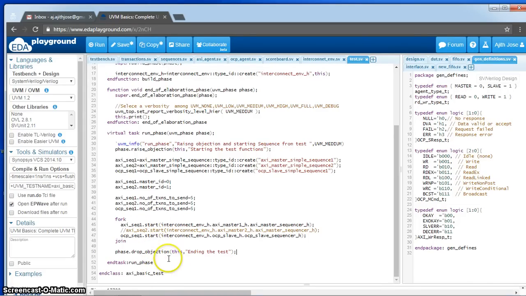Now we have finished writing all the classes needed in your UVM environment. So you have written transactions, sequences, agents. Within the agents you have written sequencer, driver and monitor, and all the agents you have implemented. Then you have written the scoreboard and the final environment, which is wrapping around all the structural parts. And also you have written the test where you are instantiating the final environment, and you are starting sequences on the appropriate sequencers. Now the last part remaining is the final test bench module, which you will see in the next session.